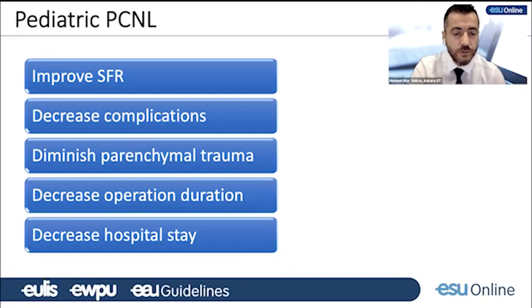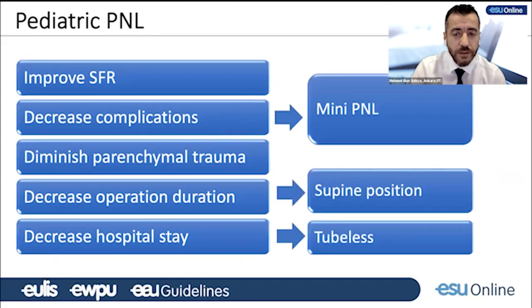Also, we need to decrease the duration of operation and hospital stay and improve the quality of life of the child and the family. So in order to do that in our institution with our pediatric urology department, what we do is we're performing mini PNL in supine position with a tubeless fashion. So by performing a procedure with the miniaturized instrumentation, we can decrease the complications and diminish the amount of parenchymal